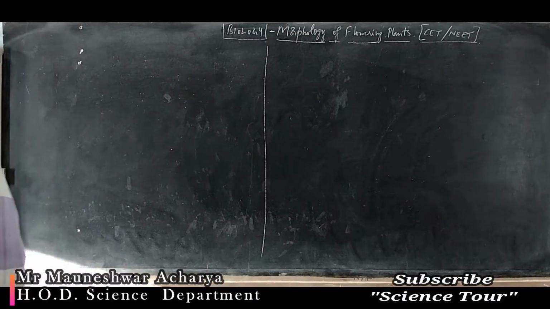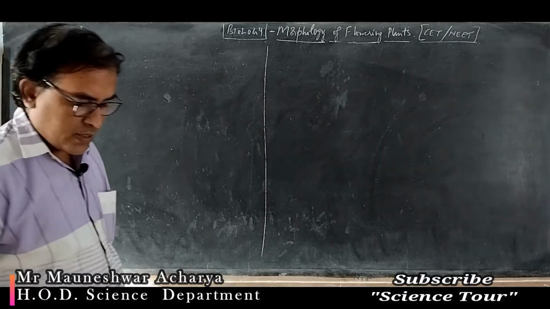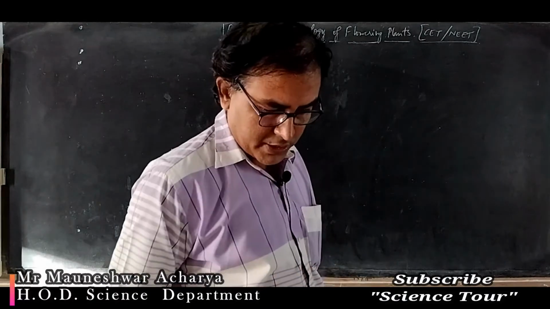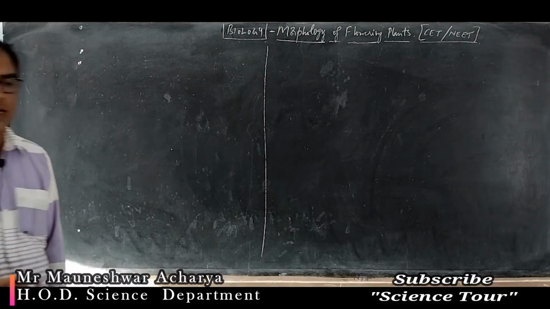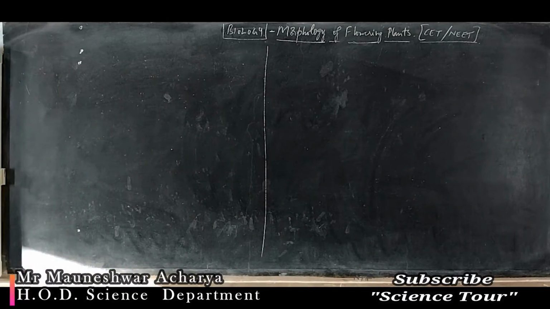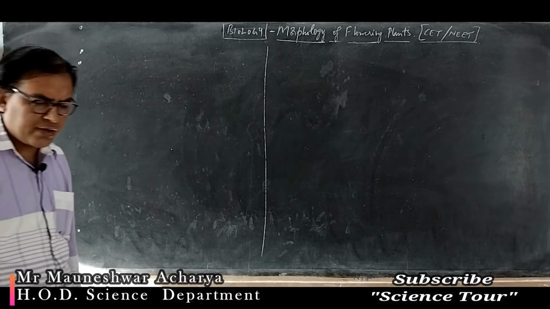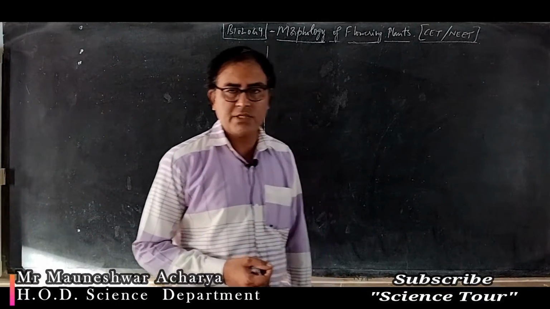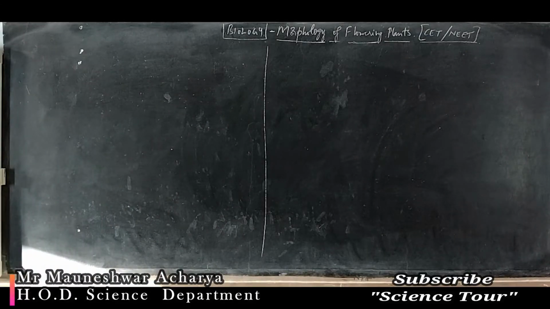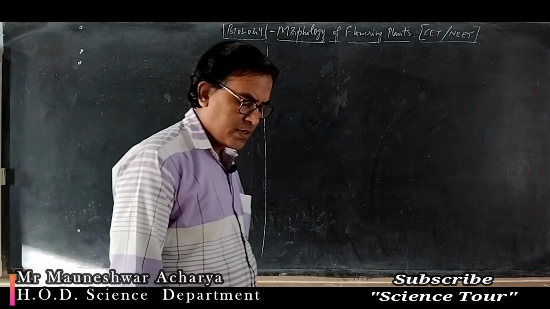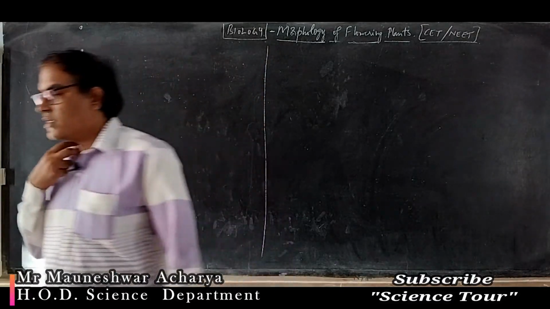Then there is one more type of root system, that is fibrous root system, where the different roots arise from a single point in a bunch. That is called fibrous root system. Mustard plant, a dicot, is an example for tap root system. In case of fibrous root system, different roots arise directly from the base of the stem. We can take the example of wheat, a monocot. Here the primary root is very short-lived and it is replaced by a large number of roots which arise from the base of the stem.